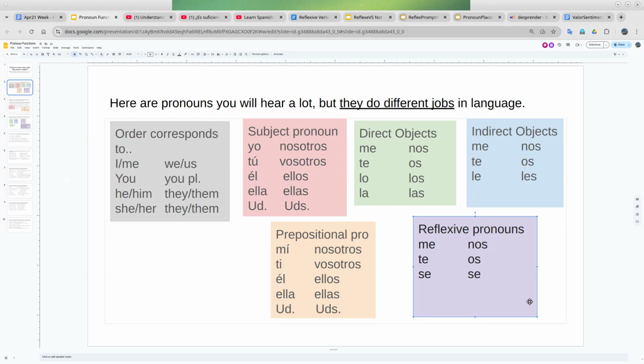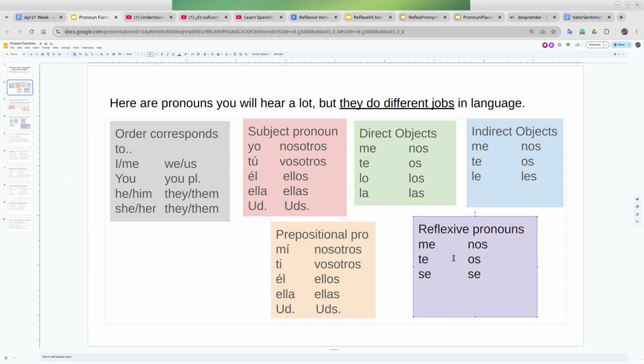I can't use me with a nosotros verb. Okay, I can't use te with a yo verb. I mean, I can use te, but then it's something else, like I told you. Then I've got the you, the te, matched up with a yo verb, but they're not reflexive. It means I'm doing the action, but I'm doing it to you. So yeah, that's where that happens.